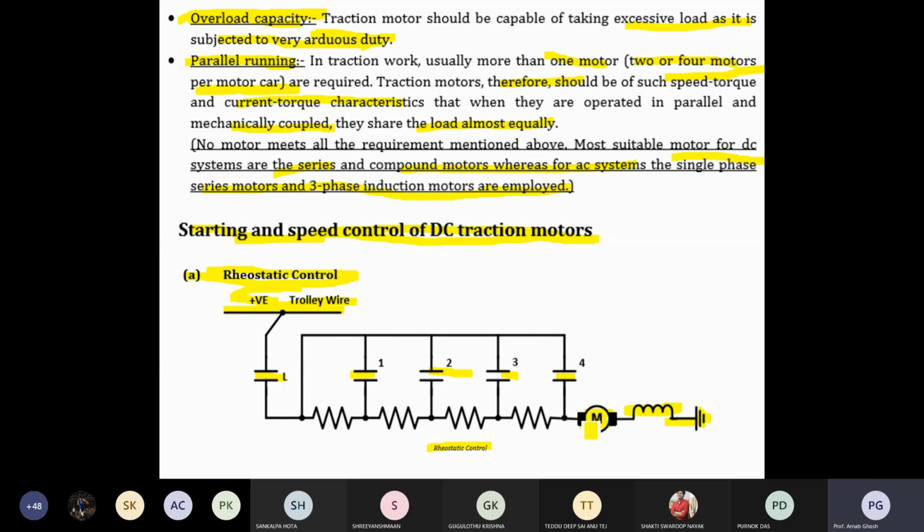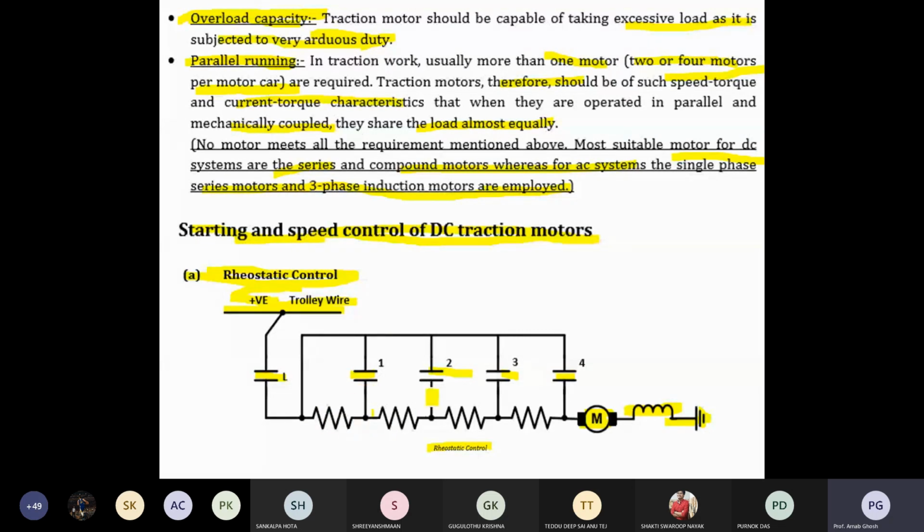Now, when the back EMF is developed, what can I do? Individually, one by one, you can turn on the contactors. If one contactor is on, what happens? It bypasses that part. If the switch is on, then current will flow through the minimal resistance path instead of the resistance path. So current will flow directly through this path, and then again come back to that portion. So if contactor 1 is turned on, current can bypass that resistance.